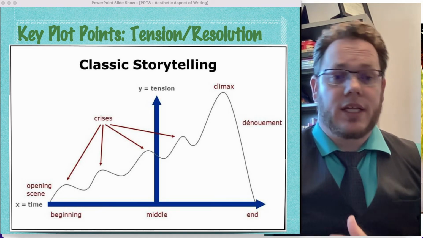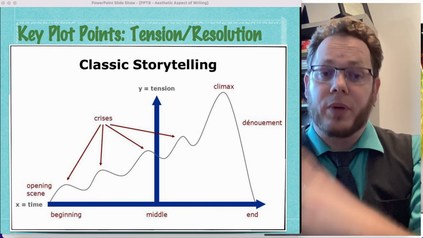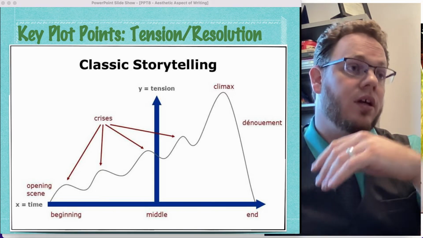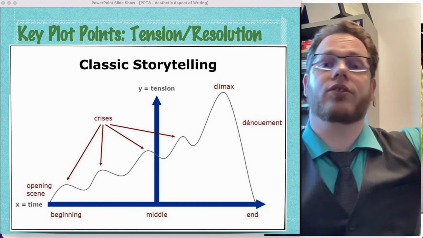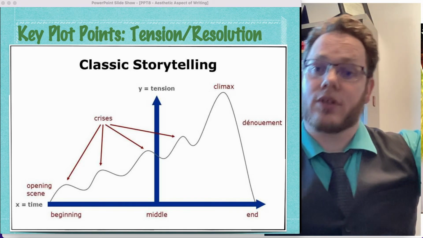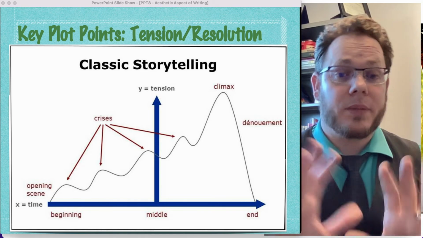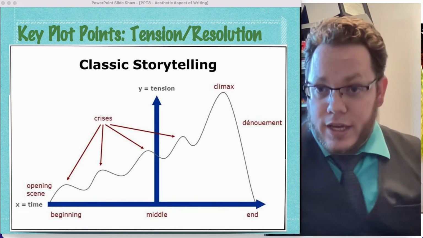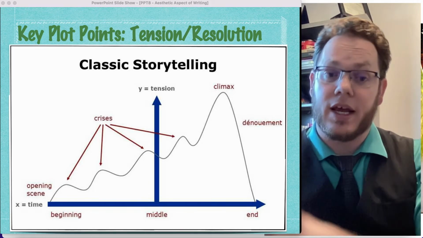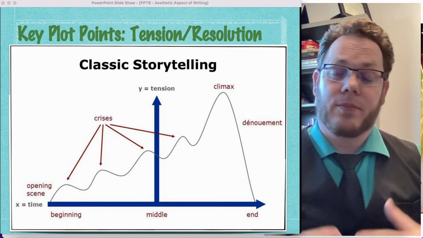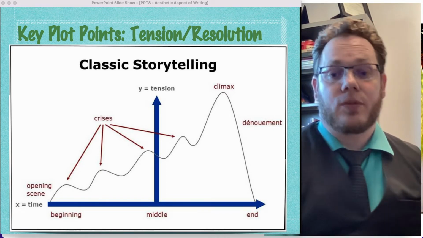So traditional storytelling has this basic story arc. We've got the opening action or opening scene or beginning, and then we lead through rising action, climax, and then denouement or closing or resolution. And there are more complex versions of this, like the hero's journey, but let's just start here. Aristotle said every good piece of writing or story has a clear beginning, middle, and end, which seems overly simplistic, but it is important to note that there should be some beginning and